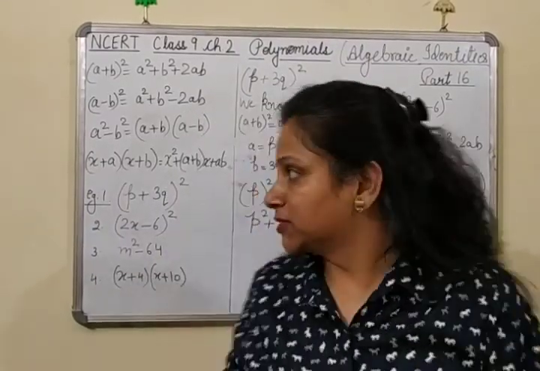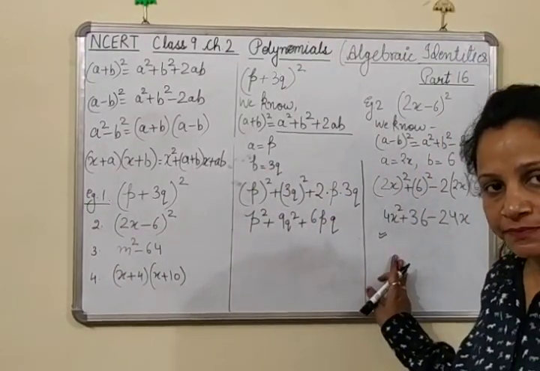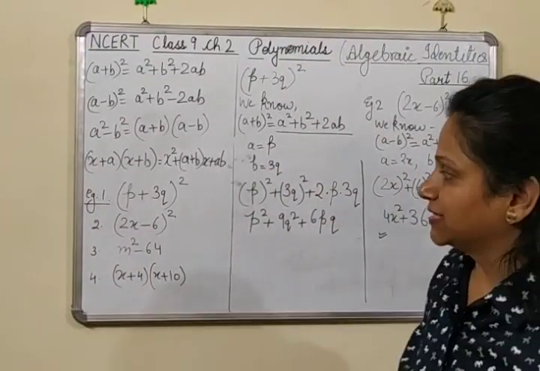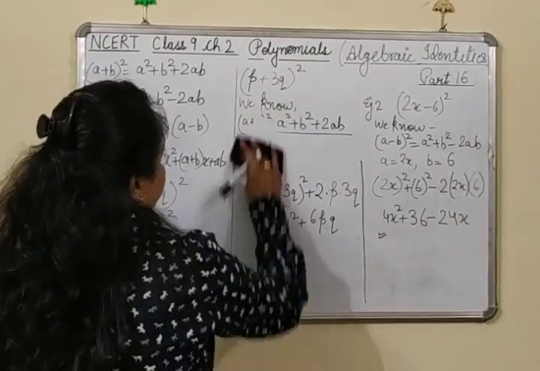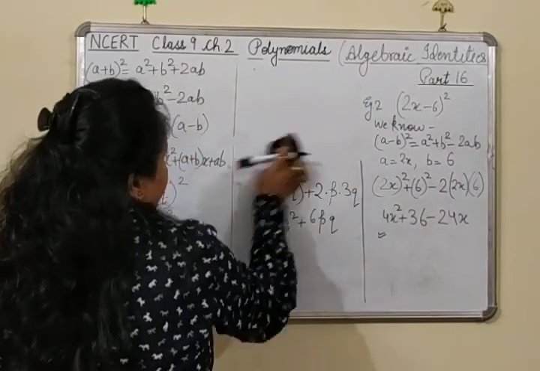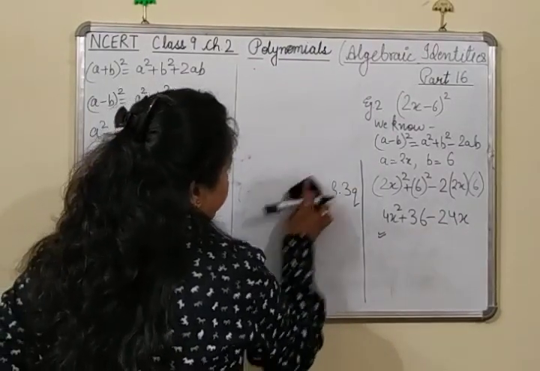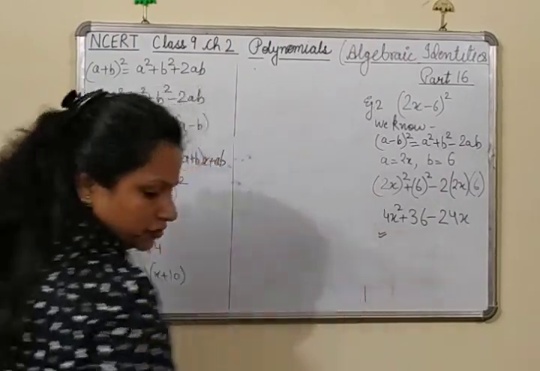Fine. I hope these two examples for identity number 1 and identity number 2 are clear to you. Okay. Now we move on to example number 3. Let me rub this side. Example number 3 we move on to. And just see which form or which identity it has. Example number 2, sorry, example number 3.